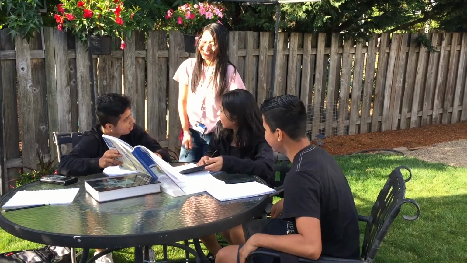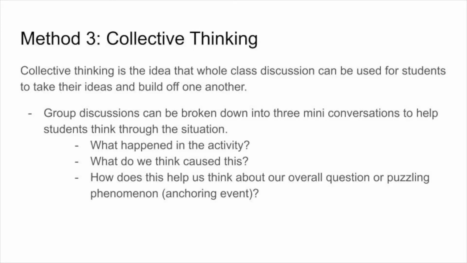they happen. The last method brings up the point that while small group discussion is extremely important, so is whole class discussion and exploring ideas through collective thinking. Collective thinking is the idea that a whole class discussion can be used for students to take their ideas and build off one another. In this section, it explains that group discussions can be broken down into 3 mini conversations